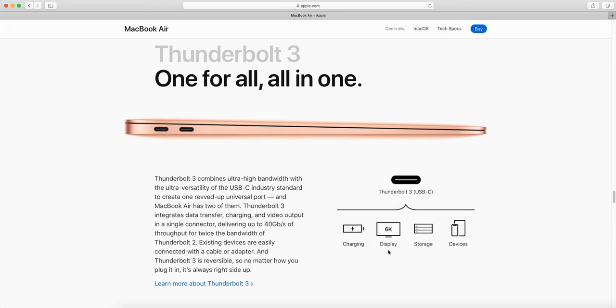So if you guys have a random 6K display laying around in your house, you can just plug it in, and yeah, it can go to storage, charging. It's basically for everything. You don't need special ports, and I recommend getting an adapter or